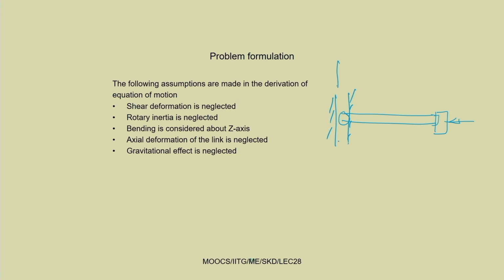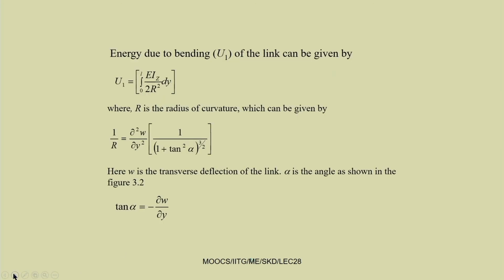When it is moving up and down, as we have already seen, it may be subjected to a force, so it may have a tendency to bend. So it will bend, and this will be after deformation and this is before deformation. We have to derive this equation of motion. Let us derive it using the energy method. Previously we used Newton's second law to find the equation of motion; now we will derive it using the energy method.